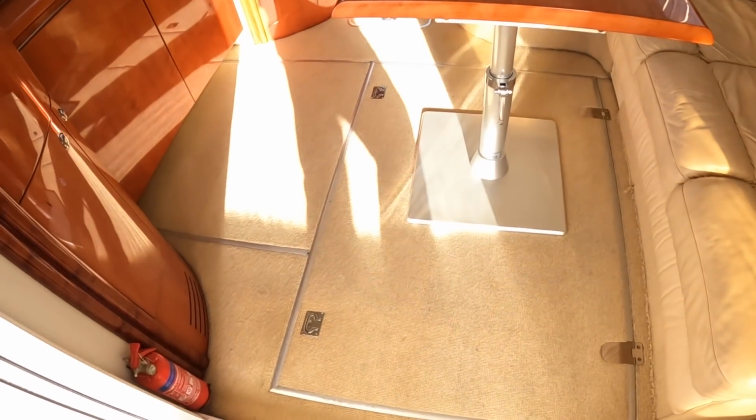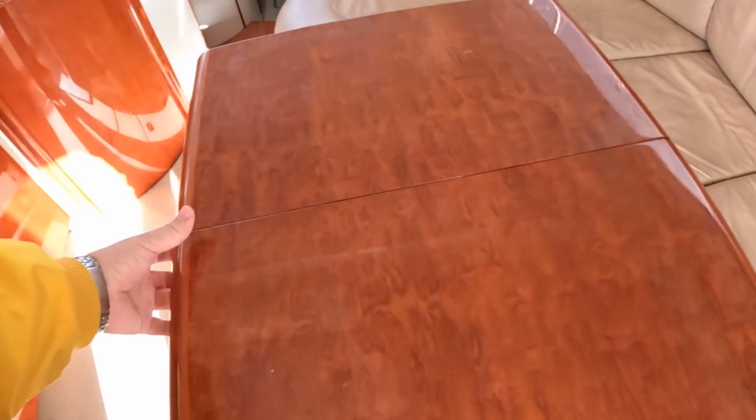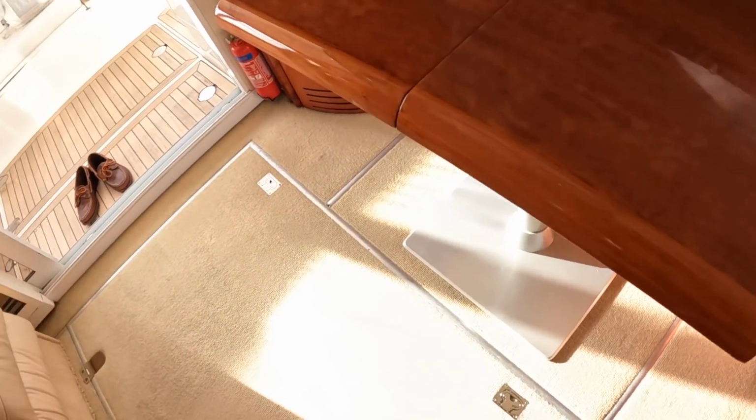is we go onto the floor here. So this table that I mentioned, this slides out of the way. What's quite nice is it's on a heavy base, so it doesn't fly around when you're at sea. But you can also lift that out and put that in the cockpit if you want to. Let's slide that one over there, and then if we come around here, that's probably the best place to do it. This whole floor lifts,